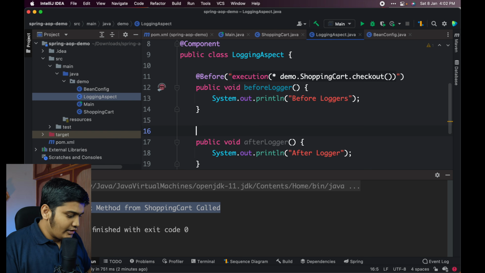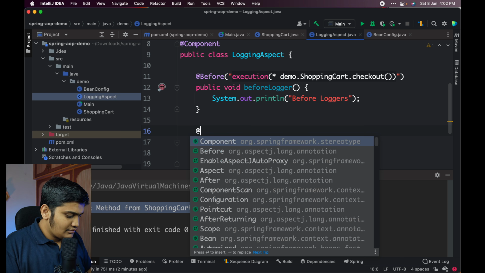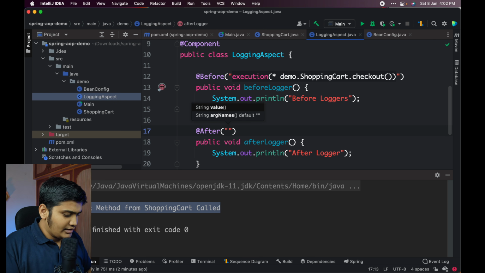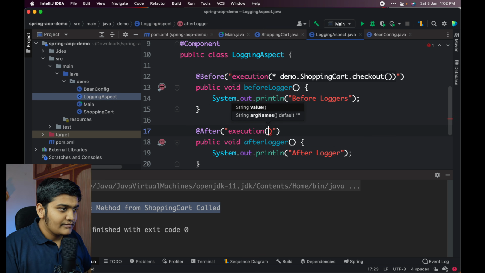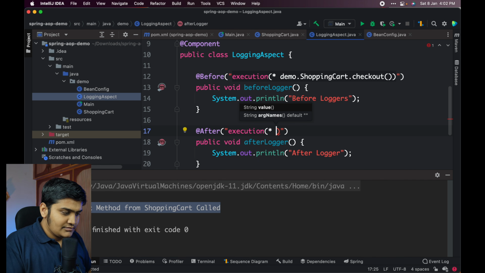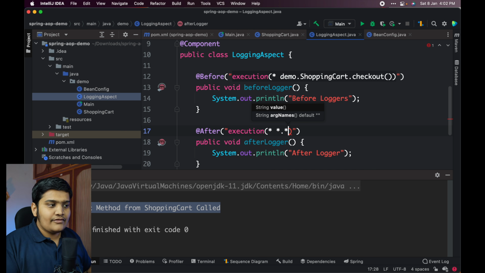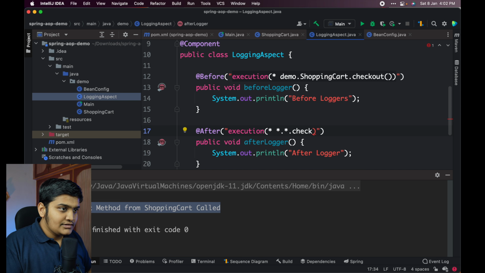I'll annotate this with after, because I want to call it after the method. So I'll define in the execution: star for any return type, star for any package, dot star for any class, dot checkout method.